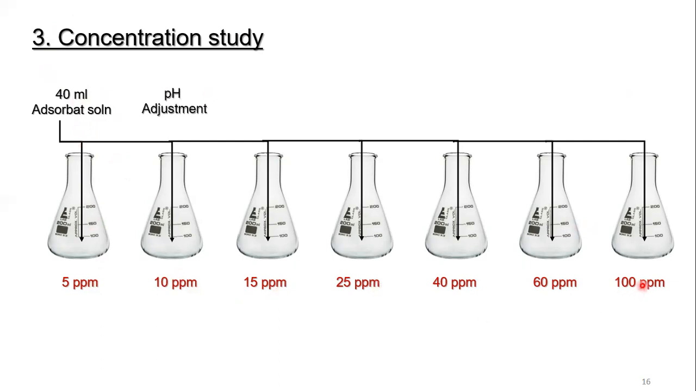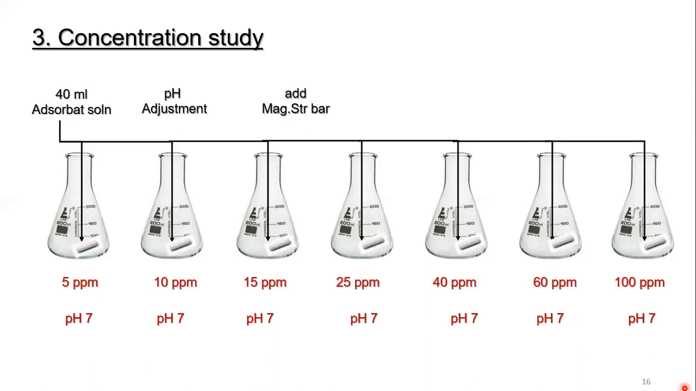The second point, you need to adjust the pH. Let's suppose we have a pH of 7. So just adjust the pH of all the flasks to 7. Okay. And the third one, add a magnetic stirrer bar. Now you have already put in the solution, you have adjusted the pH, and you have added the magnetic stirrer bar. And then add the adsorbent. How much adsorbent are you going to add? Let's suppose you are adding 0.1 gram of the material. Okay. And keep in mind,